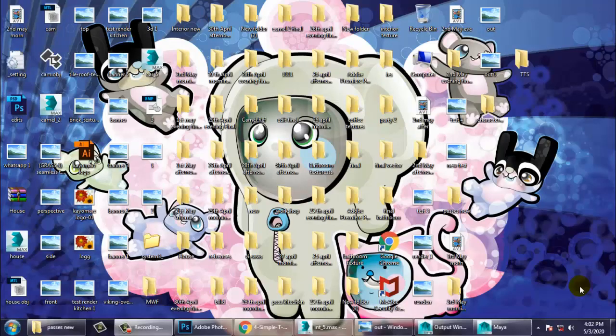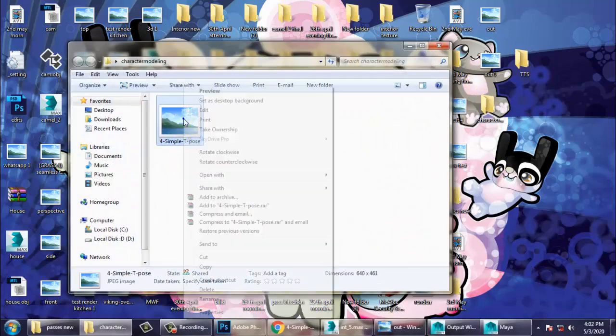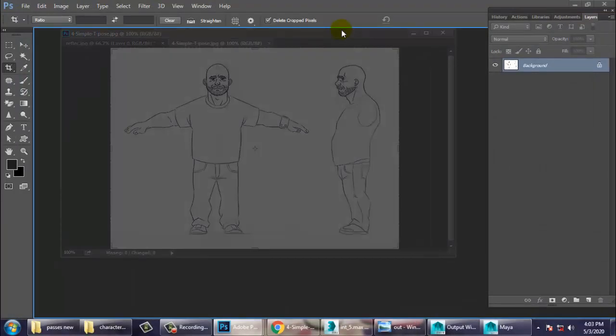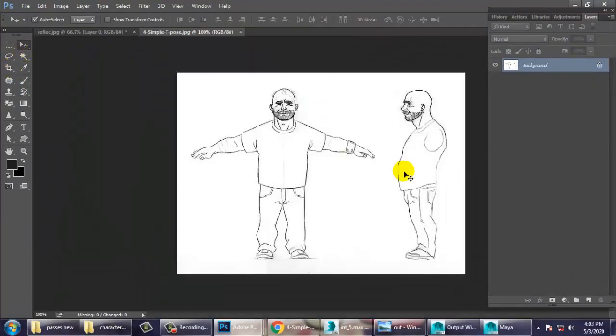Hello all. So here I am coming up with one more tutorial modeling a character in Maya. So today we are going to go with the Maya application. So we are going to create a character in Autodesk Maya. So very first of all, let's open the reference of that particular character over here. So let's open it in Photoshop over here. So I've taken this reference of a character over here.